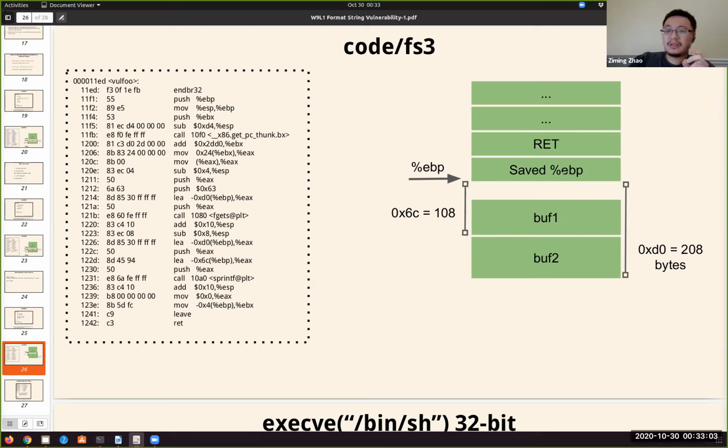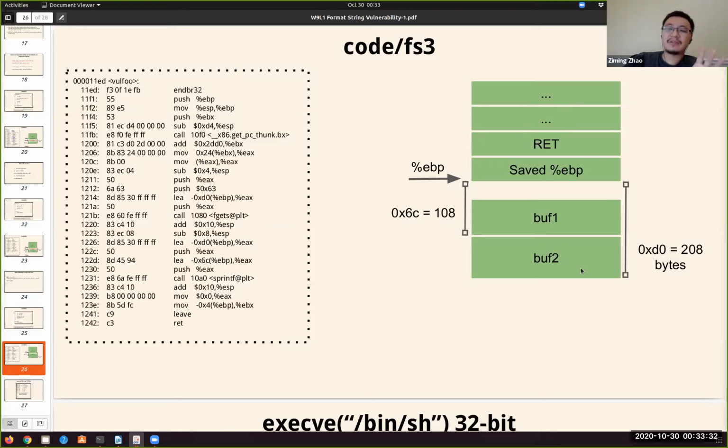Okay. Then we still have like 98 characters in our buffer we can use. Then we need the 4 bytes of the return address, right? 4 bytes of return address. So after that, we can put some nops here, and also our shellcode. Does that make sense? But the nops cannot be too big because we can only write